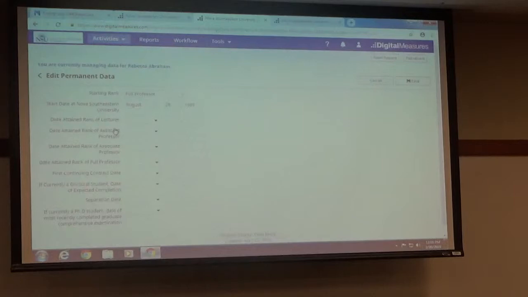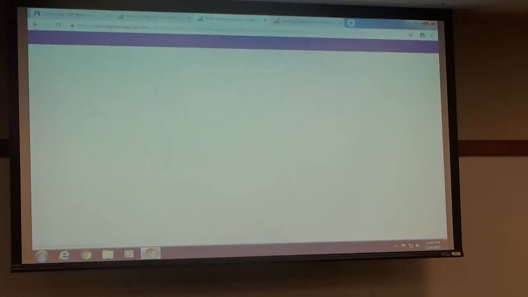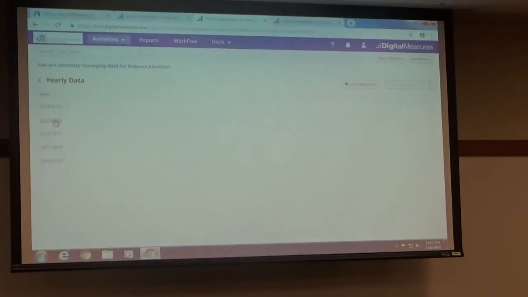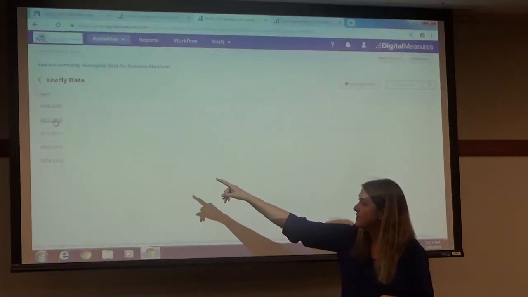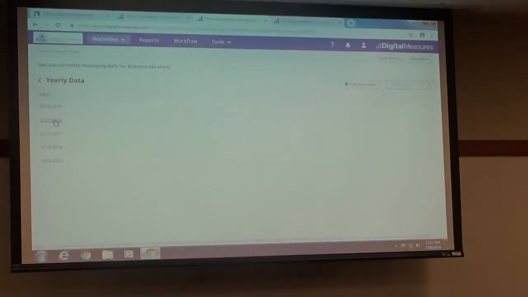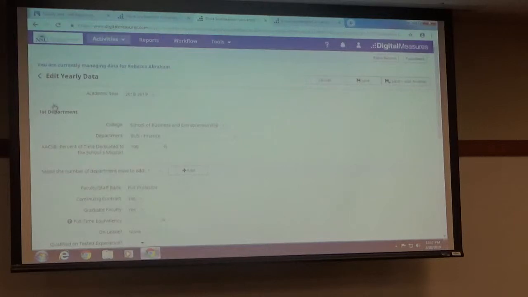Permanent data isn't really going to change unless you receive a promotion or unless you leave the university. Yearly data, however, keeps a log of every academic year since we implemented this in 2014-15. Every year your data rolls over. This is the data that is very important to us with our accreditation reports. So if you want to click on yours,